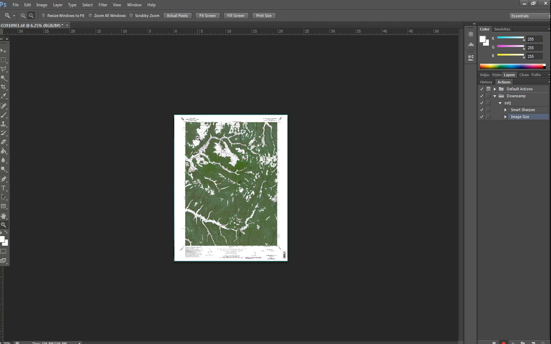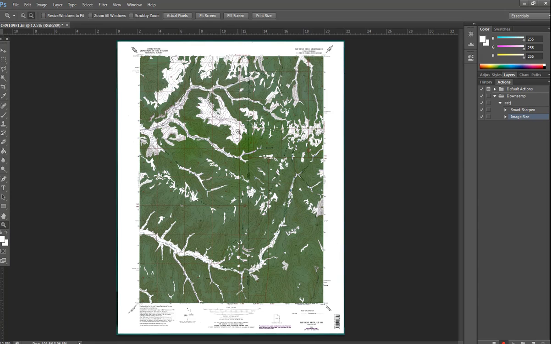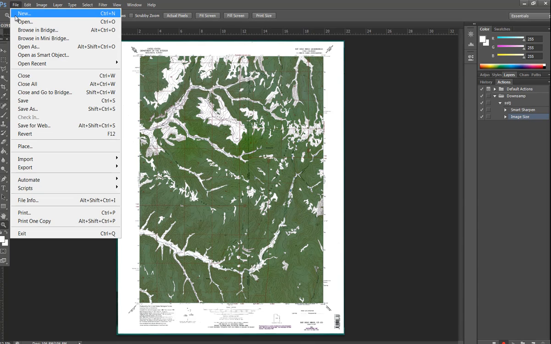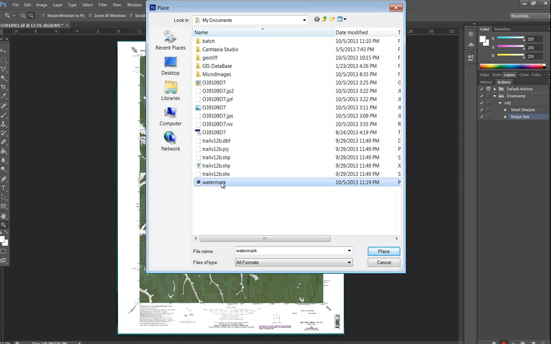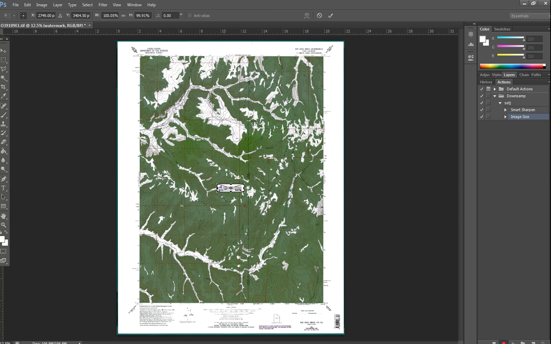And the next thing that I want to do is place a visual watermark on all of my sheets. And so to do that, I'm going to zoom in so that I have a nice view window here, and then I'm going to say Place and navigate to the watermark that I want to stamp. So I'll say Place there, and you'll see when you hover over the center, you have the option to move the center point of the file that you're placing,